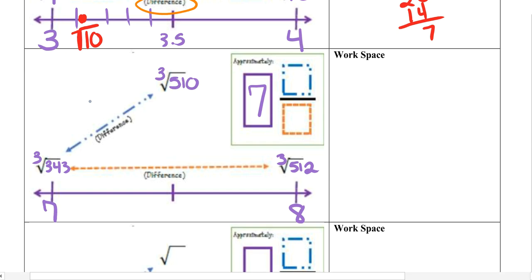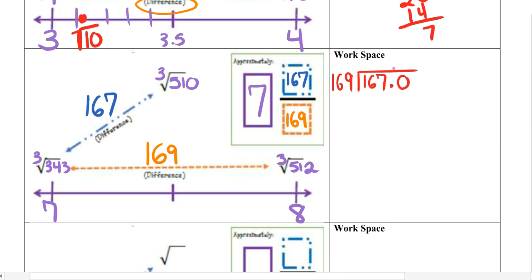Obviously, you could do subtraction by hand as well, but for the sake of time, if you want to just quickly calculate that, that's okay. And then the difference between 512 and 343 is going to be 169. So that would give us the fraction 7 and 167ths over 169. Okay, now we can do this math, and we can say 167 divided by